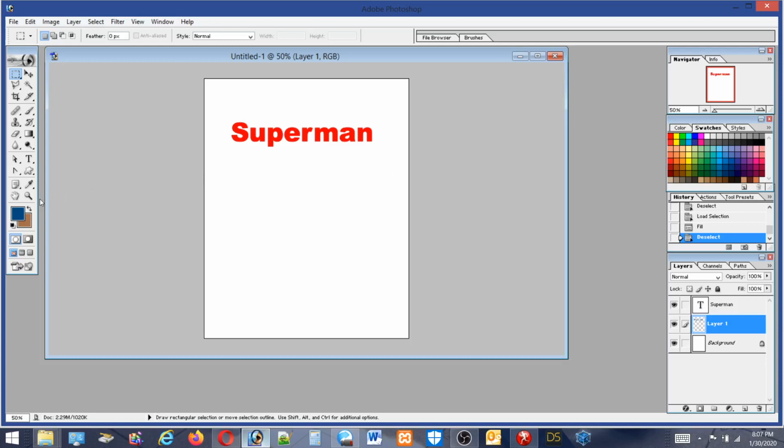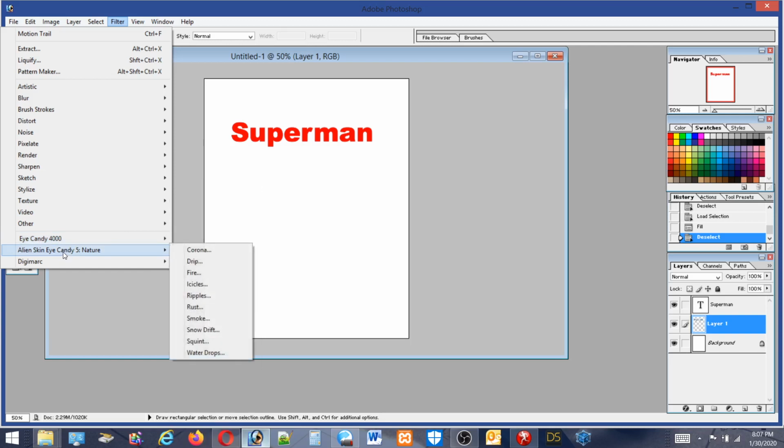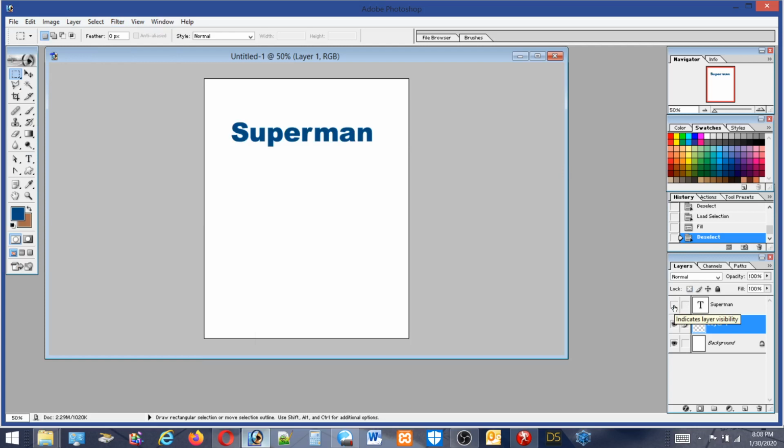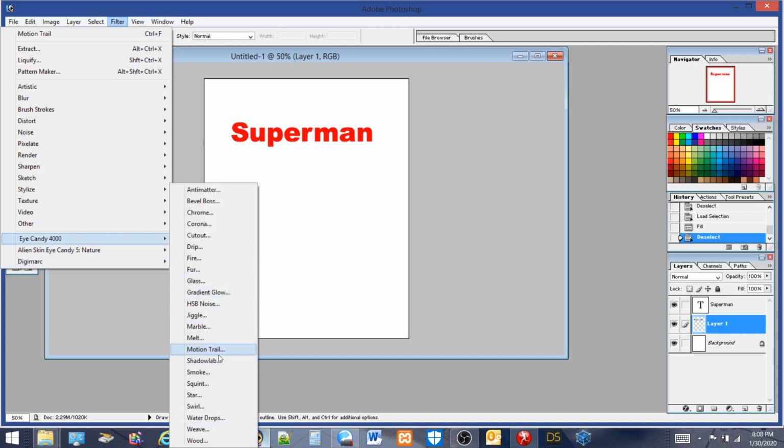There's a program called iCandy 400, and it can go into Photoshop, along with a newer version of it, Alien Skin Eye Candy. It's nature, and it does all these things here. Like I typed up Superman, and underneath it, I have this dark blue. So I was thinking that this is what you can do with the letters, and you use iCandy and